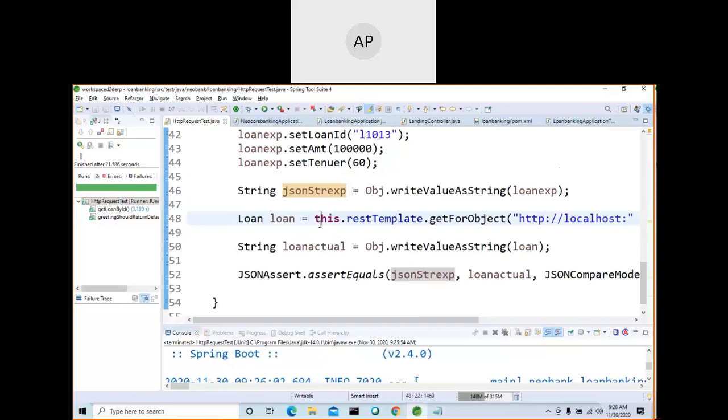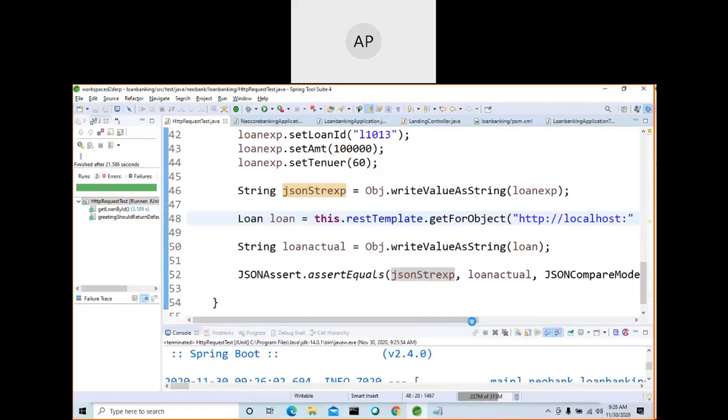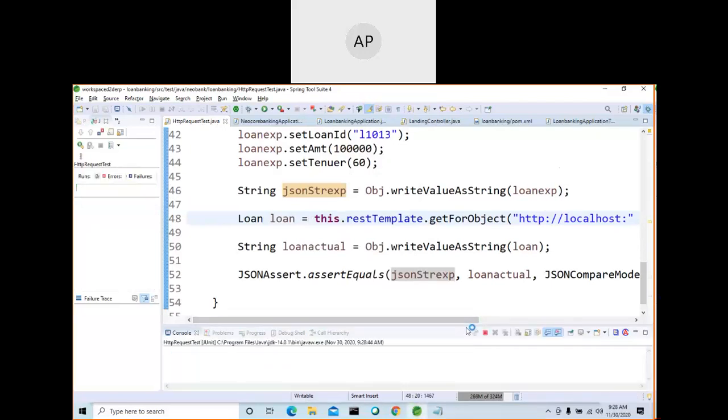This one is a JSON string. This one is actual. This is expected. See here, I am expecting 1013, but what will come from the REST API? 101.